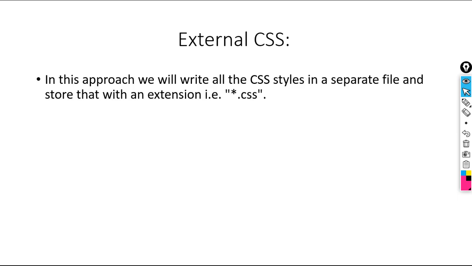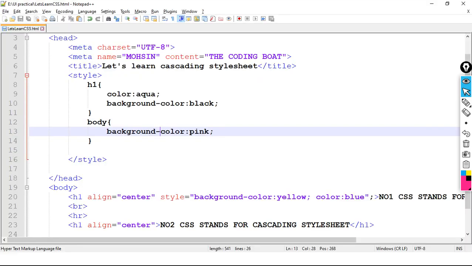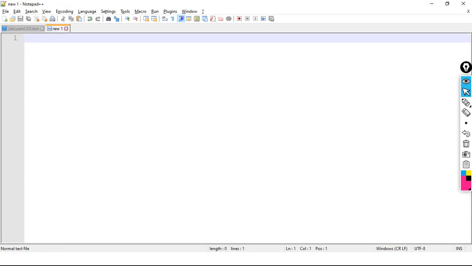In this approach, we will write all the CSS styles in a separate file and store that with an extension .css. Let's do that.